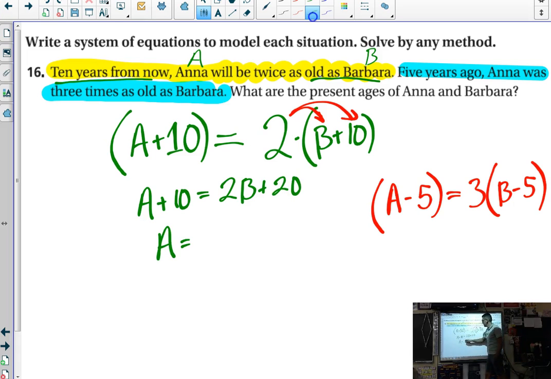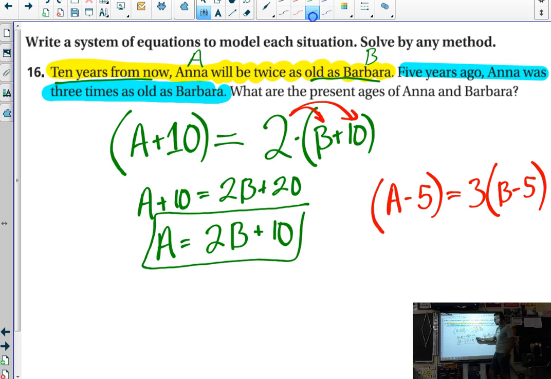So I can go ahead and isolate. Any questions with how I got to here? I just distributed and combined like terms. So then over here,